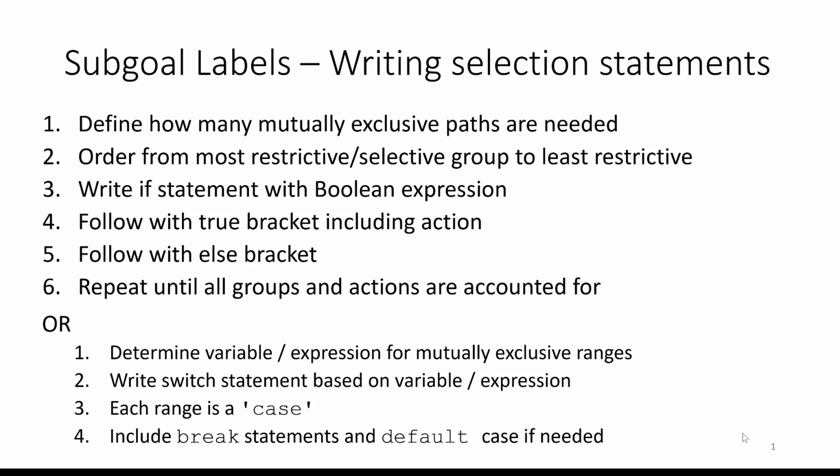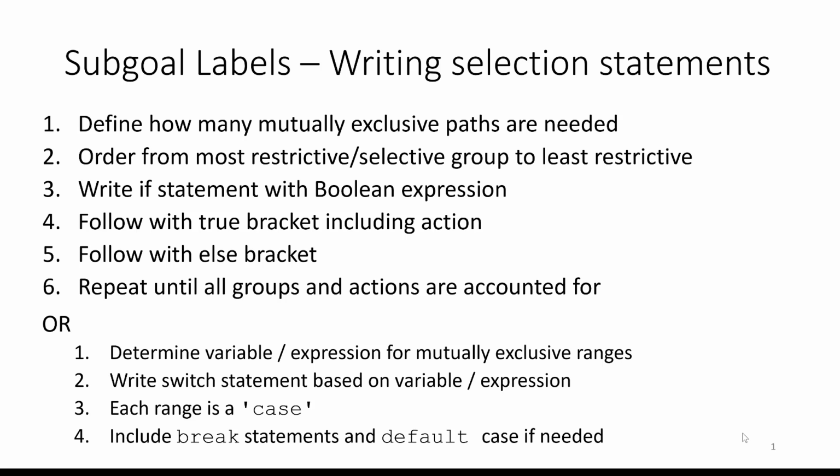Subgoal labels for writing selection statements. These subgoal labels are dependent upon if you write an if statement or a switch statement. The first subgoal applies to either. Define how many mutually exclusive paths are needed. Then, depending upon those paths and the type of variable, will determine if you can use an if statement or